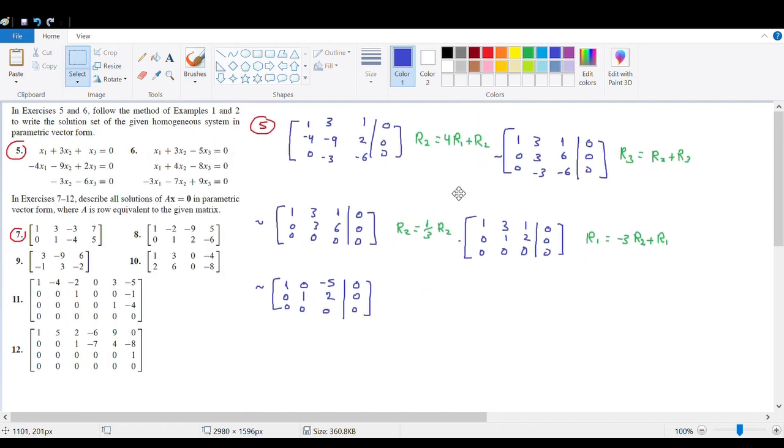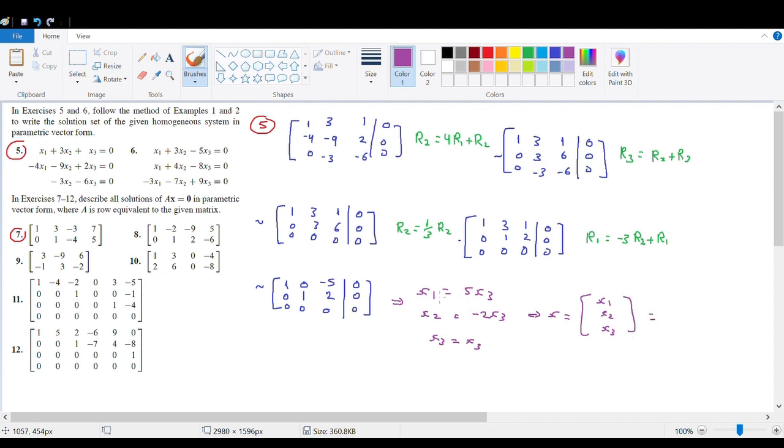So here is our matrix. Then after row operation, we get the final result of this matrix. So from here, it is clear that x1 is equal to 5x3, x2 is equal to -2x3, and x3 is a free variable, which is x3. Now to write it in parametric form, x is equal to x1, x2, x3, which is equal to